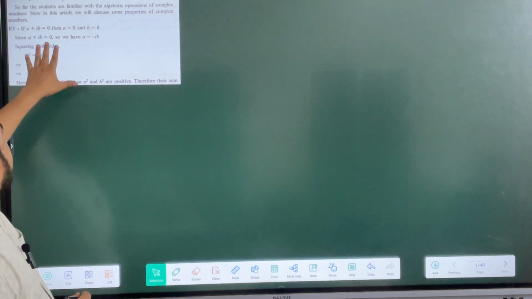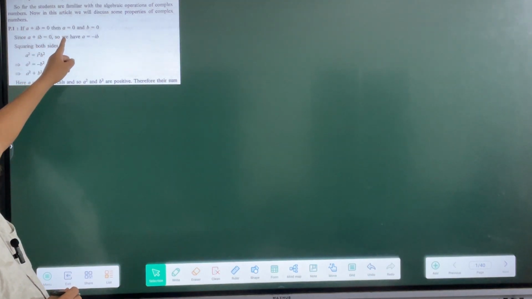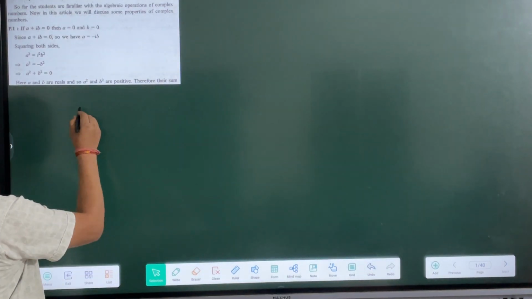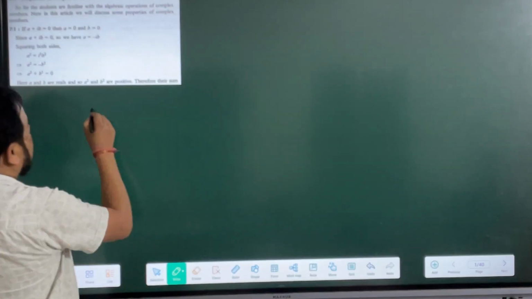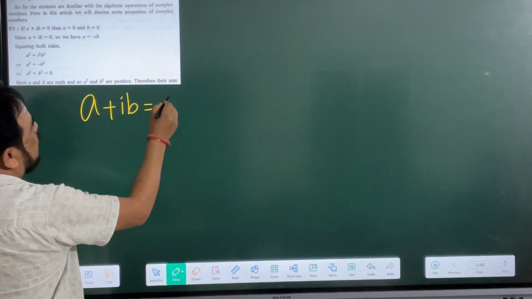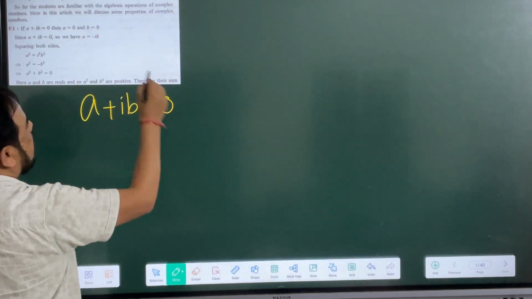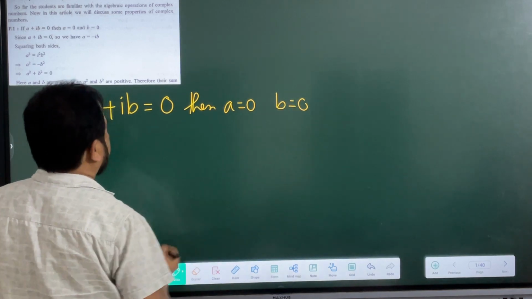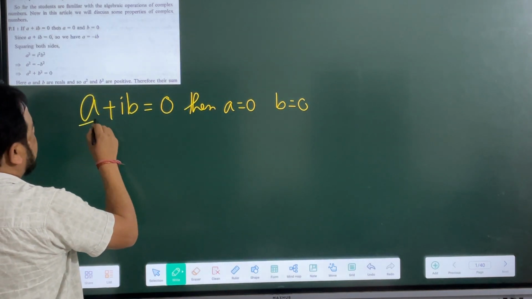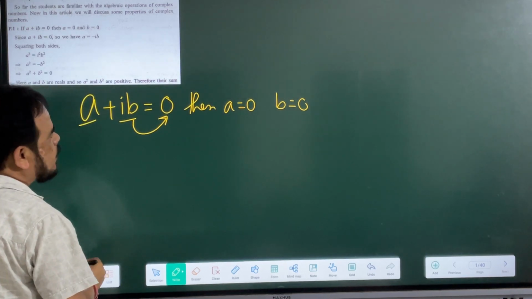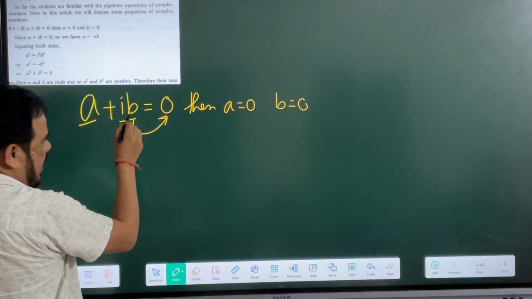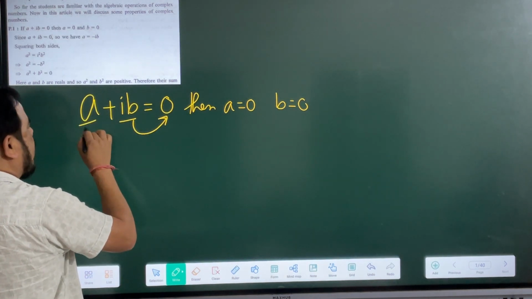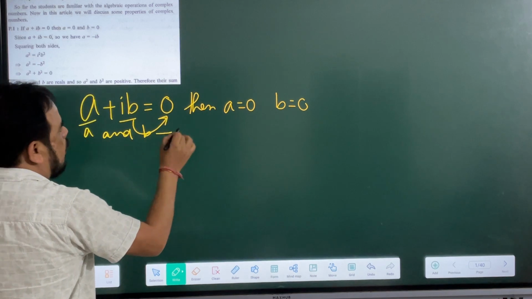So the first property is that if a plus ib equals 0, then a equals 0, b equals 0. Here it is given that a plus ib is equal to 0, then a is equal to 0, b is also equal to 0. It means that the sum of this and this is 0. So both may be 0, or either a will be 0 or b will be 0, or a and b both will be 0,